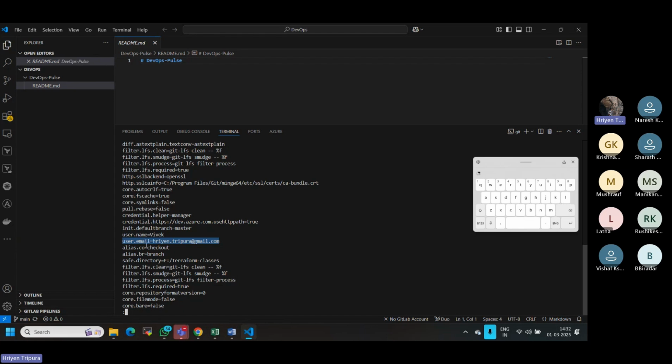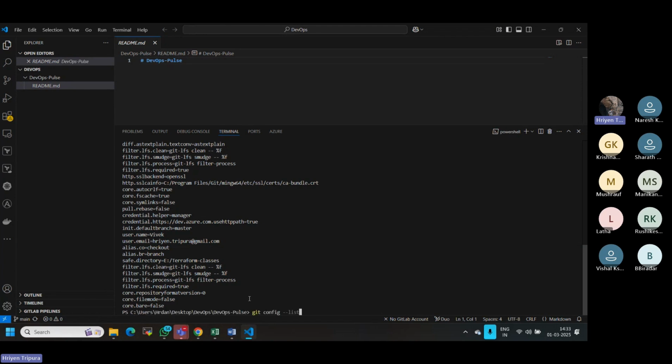Basically, this is based on your user profile. That means I have only one user name, that is the HR one, so it will be based on that. Now it is changed. If you want to overwrite, you can just type that one. The same way for the email ID also, let me quit using q. Now if I type here again,